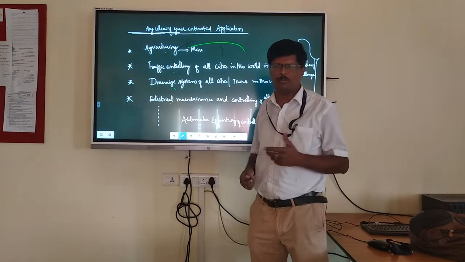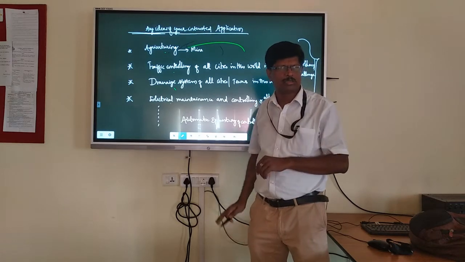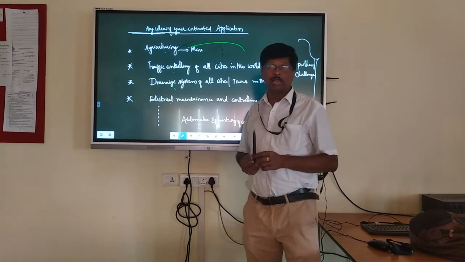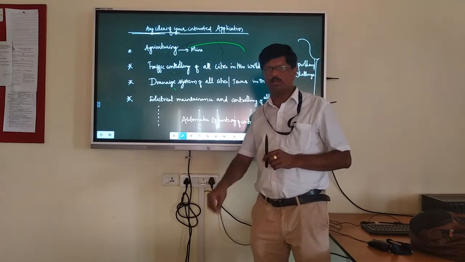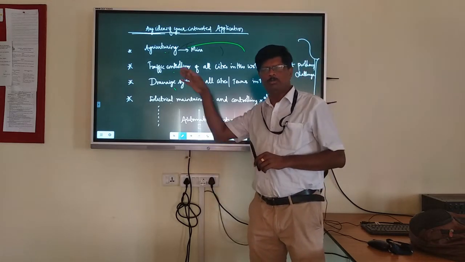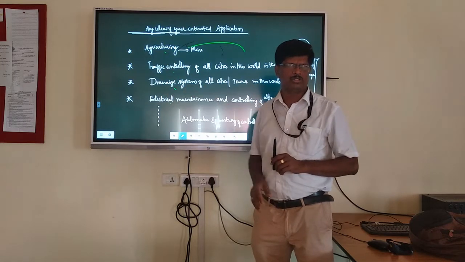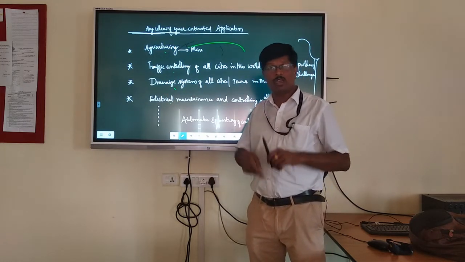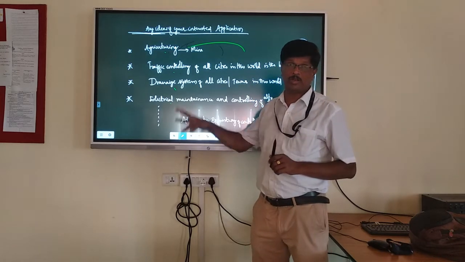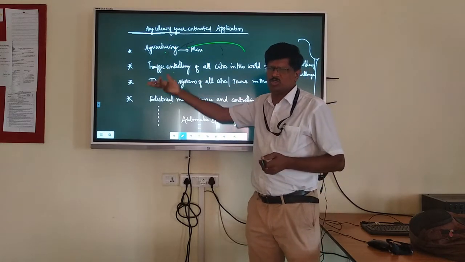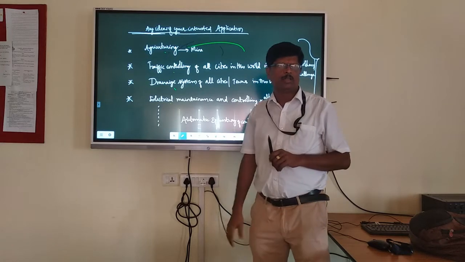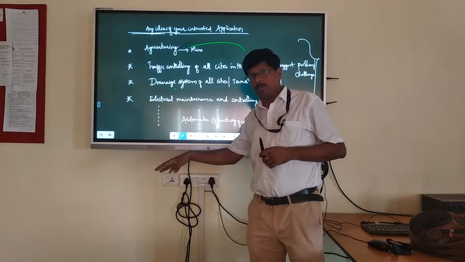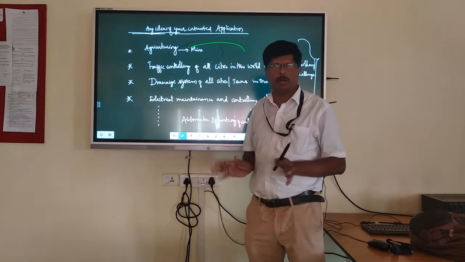For example, a mobile control motor is fixed in our farms. What does it do? It controls the motor remotely. For example, I am here and my farm is 200 kilometers away. I will switch the motor on and off from here using a mobile. Such an embedded system is designed using a microcontroller. It solves the problem of going there or keeping a laborer who never switches it on and off properly.